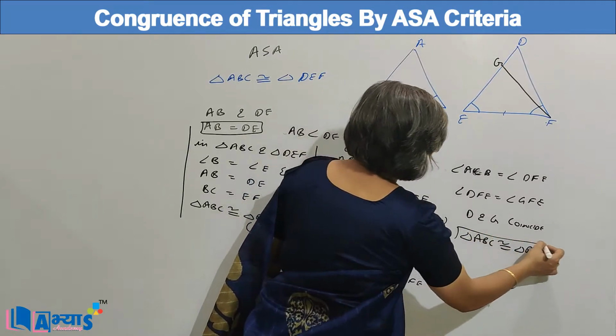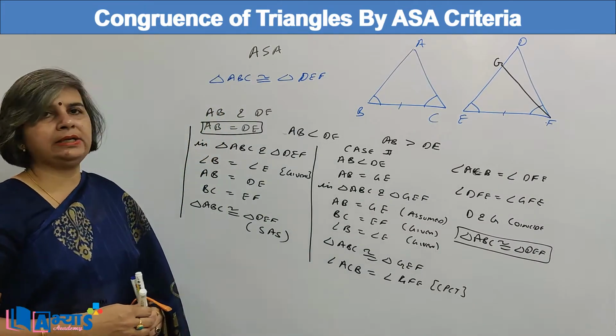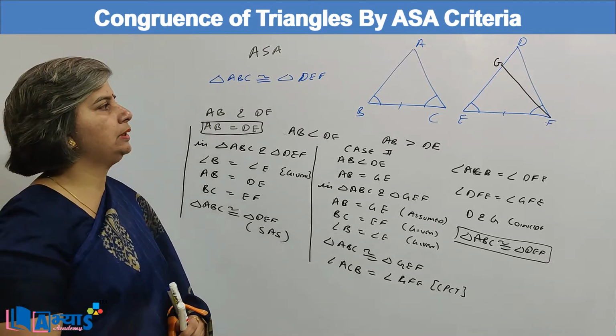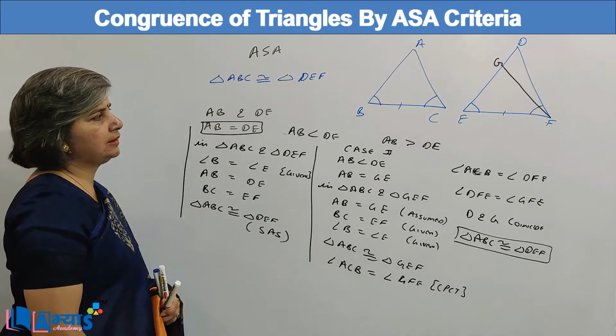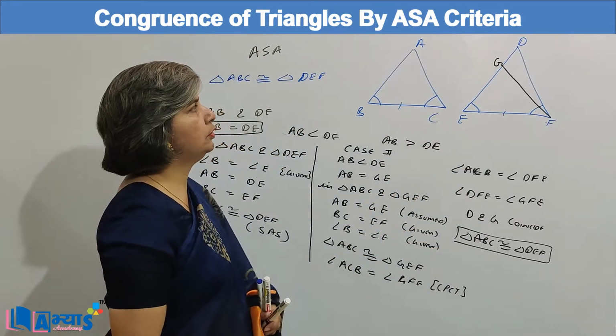So in the case 1 we have proved that triangle ABC is congruent to triangle DEF and in the case 2 we have proved that triangle ABC is congruent to DEF, and in the third case we have been given that AB is greater than DE,